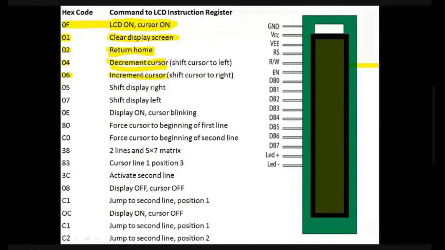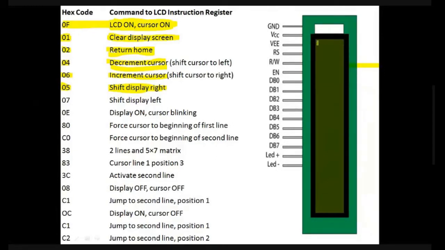Okay, 05 means we have to shift the display right. How do we shift the display? If I am going to write here but I give the command 05, then the cursor is shifted to the right position.